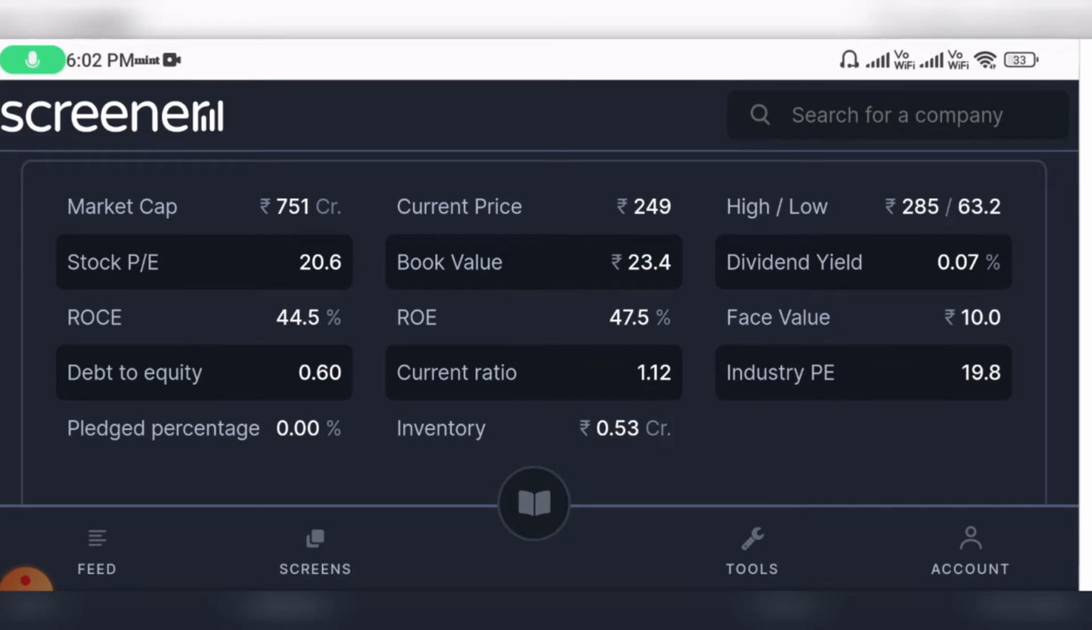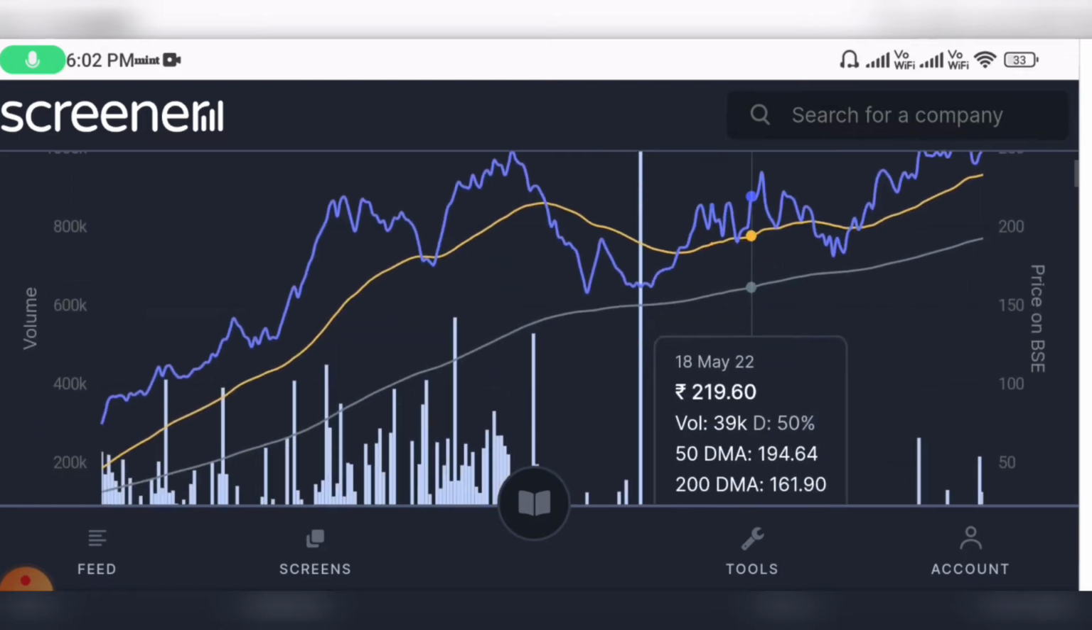And then the dividend yield is 0.07%. So it's not a considerable dividend, but even then they are at least giving you 0.07% of dividend. And then there is no pledge. So for a micro cap stock to be a no pledge stock is a very good thing. So now let us go to,